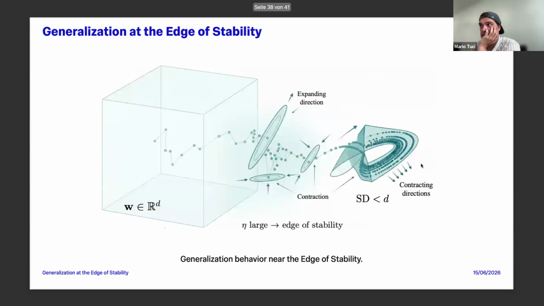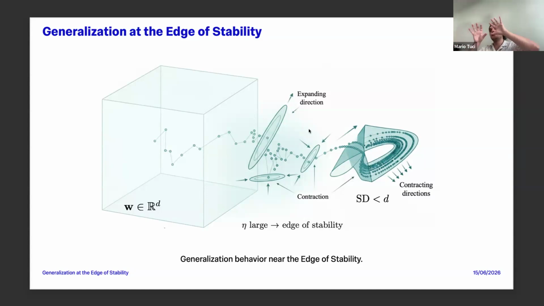So I want to show again this picture because that's how I started my talk. And now I hope you have a better intuition. We are in the weight space, running our algorithm. Then we know through the edge of stability that we have expanding directions. So the largest eigenvalue of the Hessian expands, which would mean divergence. But we also have contracting directions.